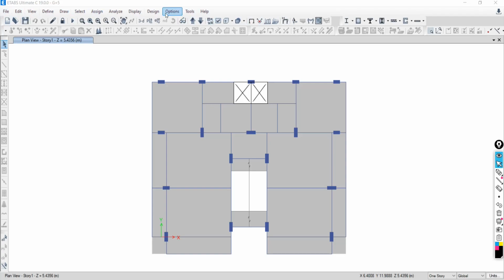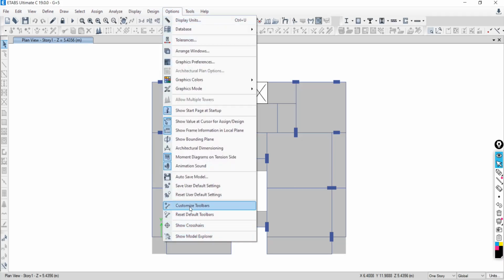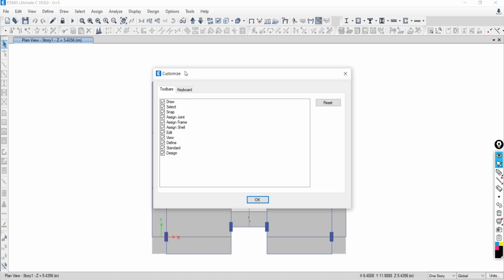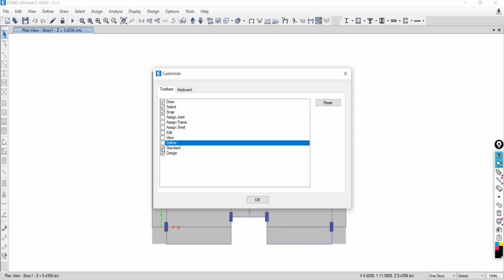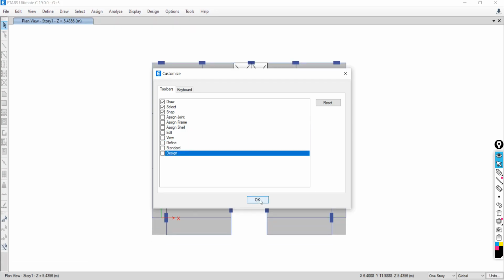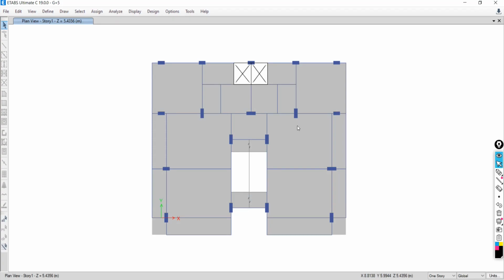See, when you open the Options, go to Customize Toolbar. When you install the ETABS software, this kind of welcome screen will be there. Am I right? Yes, sir.